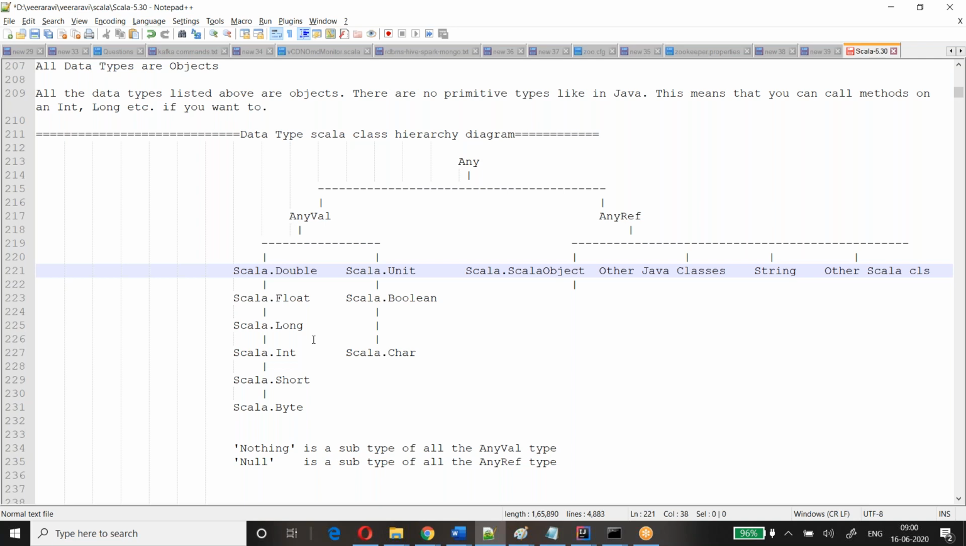A primitive data type means a built-in data type that is not an object type. You cannot call any methods on it. Int is a built-in data type given by your language. It's not a class or an object, right? So when you say object,